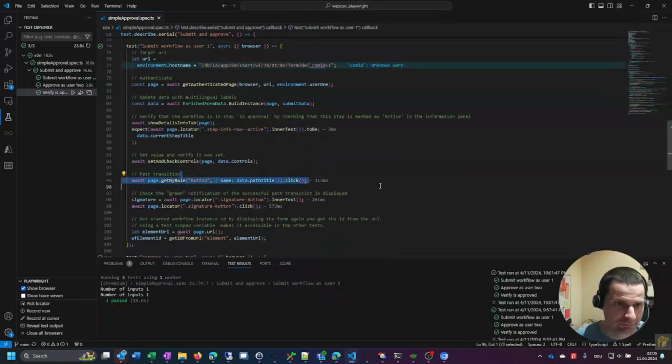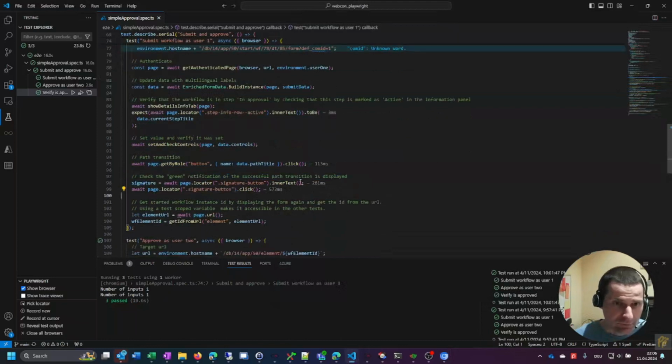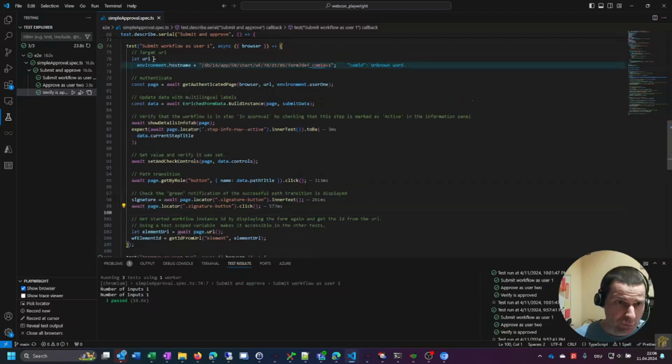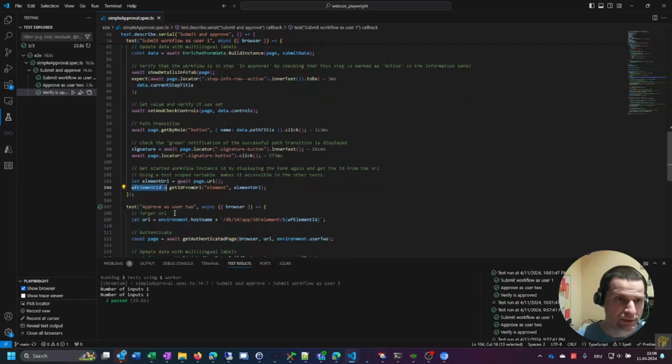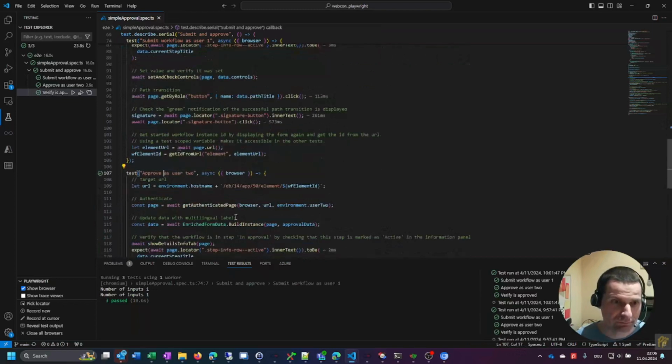Here's the submit. Here we are checking whether it was submitted successfully. And because this was the first test, I'm getting the workflow instance ID and storing it in a local variable so it can be used by the second test,